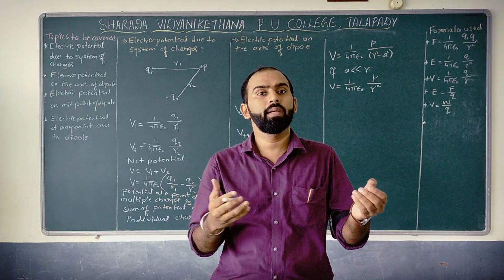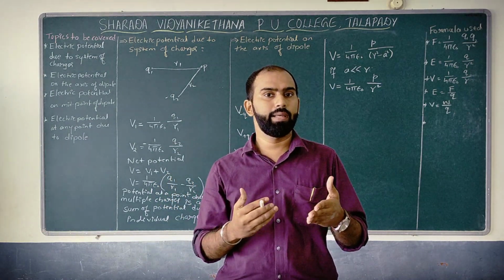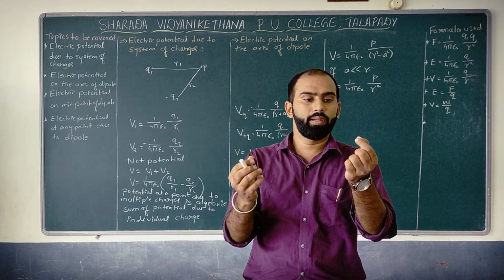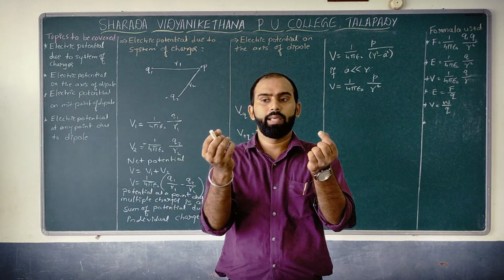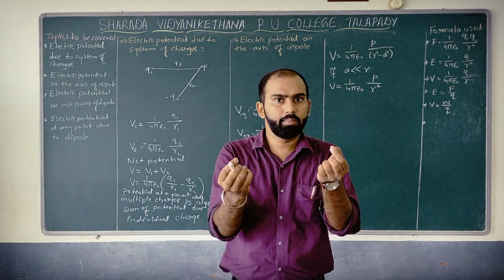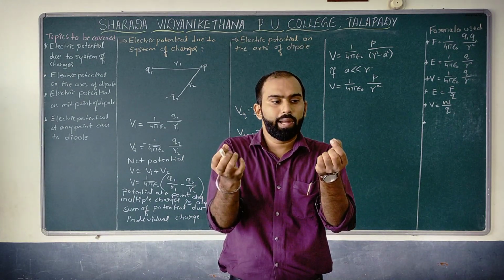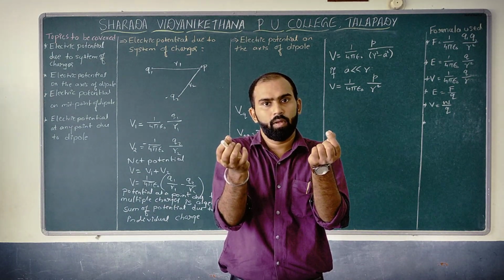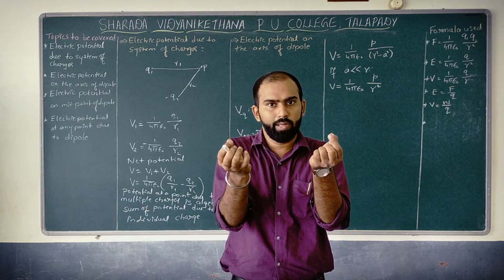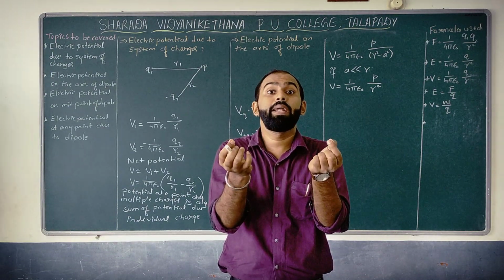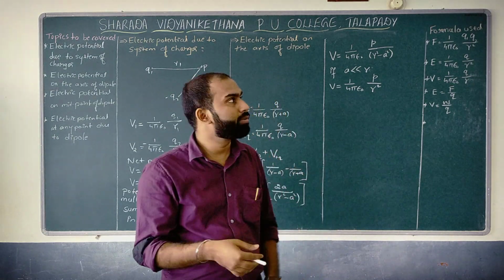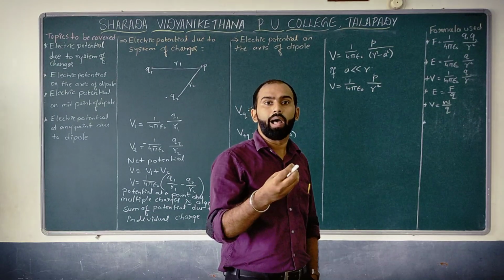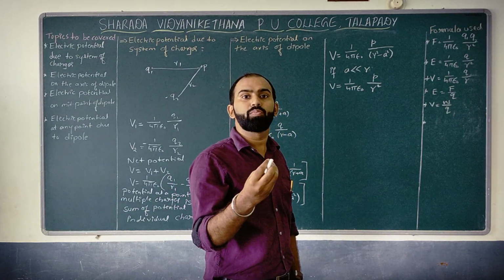So since we are dealing with electrostatics, we are dealing in terms of charges. If two charges, let us say one is here and one more is here, equal and opposite charges, which is nothing but plus q and minus q, are they close to each other or separated by some distance? Obviously, these two charges are separated by some distance, correct? So that's why the meaning of dipole is two unlike charges separated by a small distance.